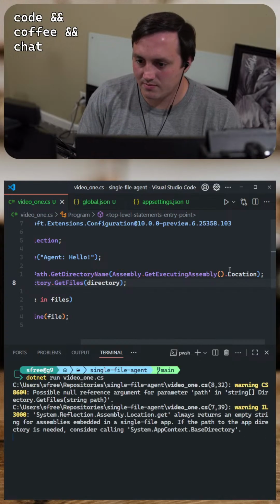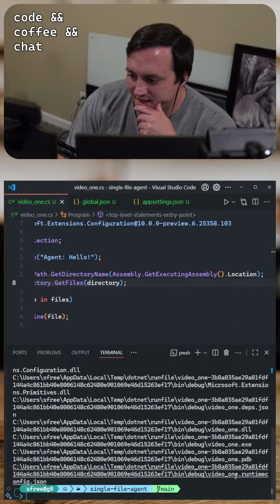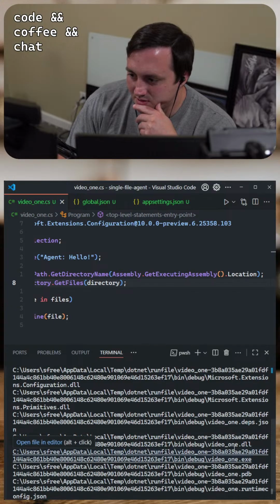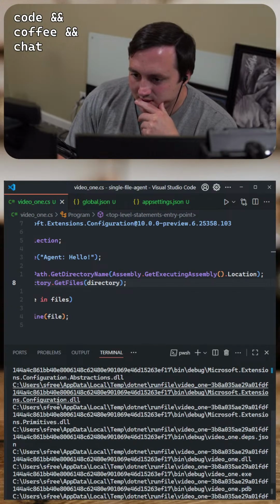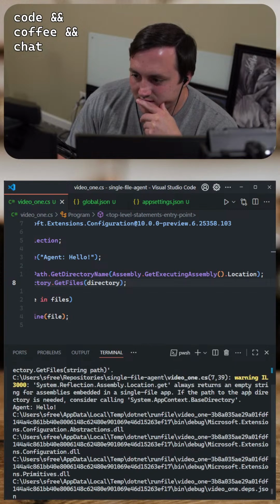What's that do? Okay, so I have runtime config, I have all the build. Let's see. Configuration abstractions there. Let's see, warning: always returns an empty string for assemblies embedded in a single file app.